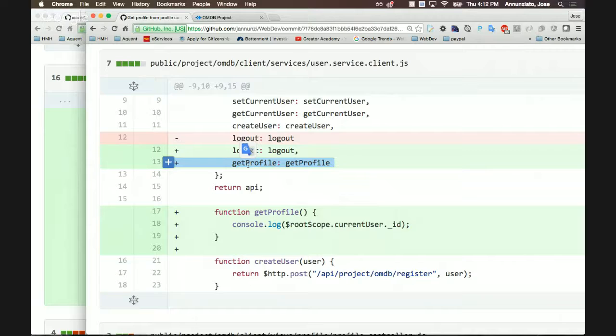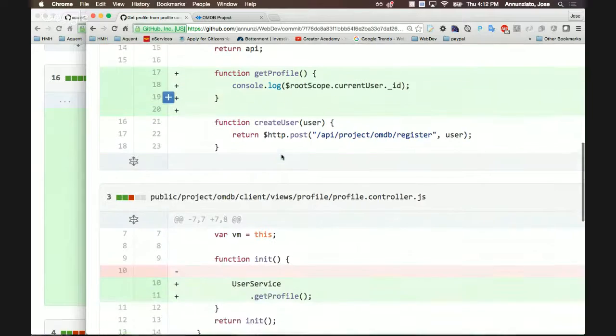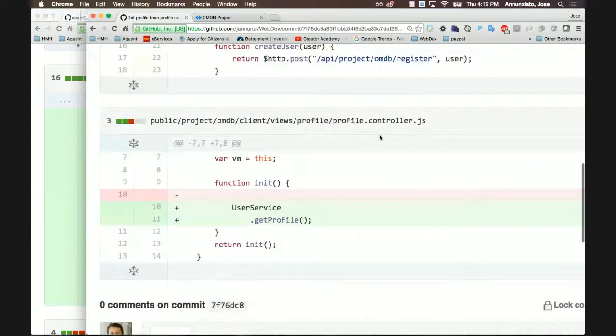All the things that I should render in the profile, such as movies you like, the people that are following you, and all that information that I would need. So I'm going to capture all that in an API called get profile,